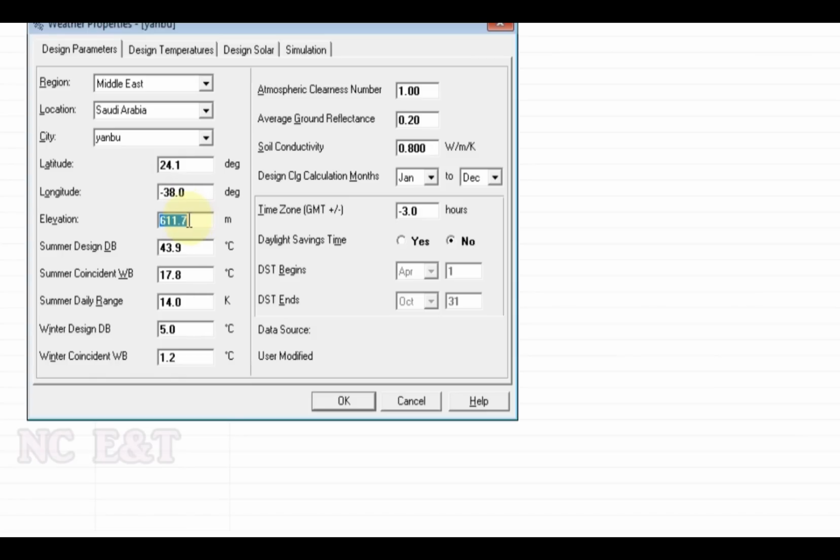The elevation is 6. Summer design dry bulb temperature 41 and wet bulb temperature 25. Daily range 15, and the winter design dry bulb temperature is 10.